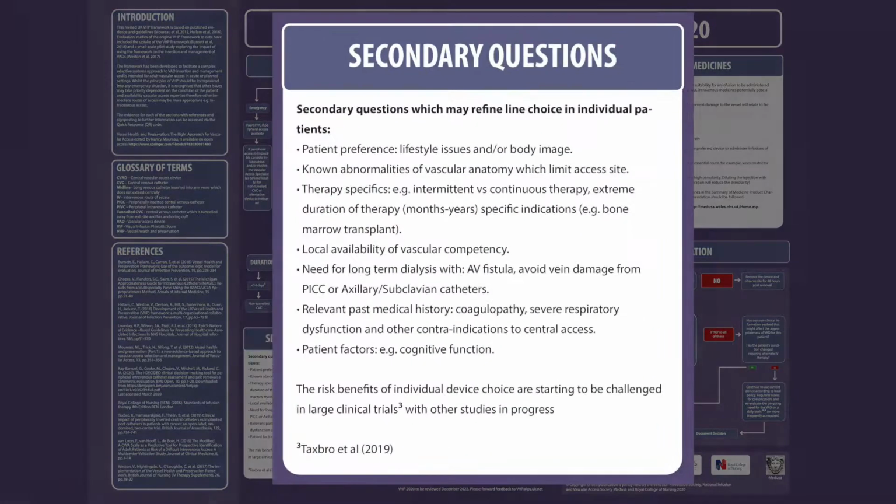What we have described here is the influence that the basic information of drug, duration of therapy, and health of the patient's veins has on vascular access choices. We also set out several secondary considerations, which may modify the choice taken. For example, patient preference based on prior experience or other patient factors. Although these do not form part of the earlier stages of the right-line decision tool, they are arguably the most important aspects to consider for an individual patient, as they will influence the success or failure of any device that